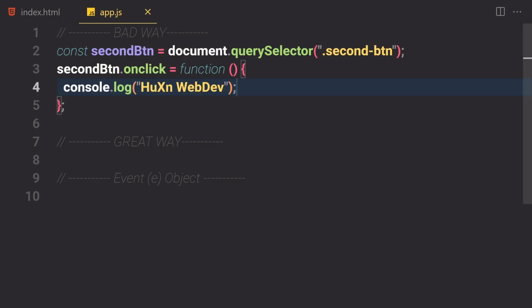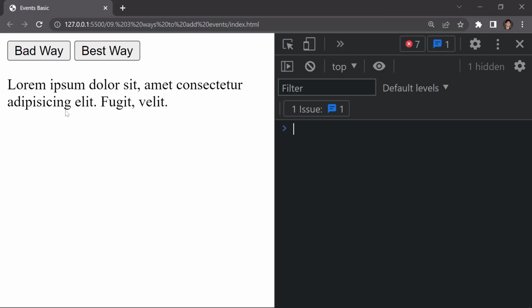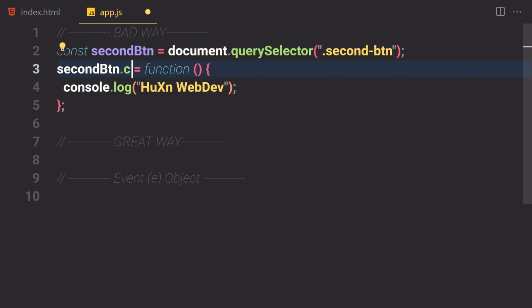And we have different kinds of events, like on mouse move, I guess. So save our file. Now if I move my mouse over that button, it will print my name that many times, like so. Here you can see countless times. So we have different kinds of events, but for now I'm just going to stick to the on click event, and this